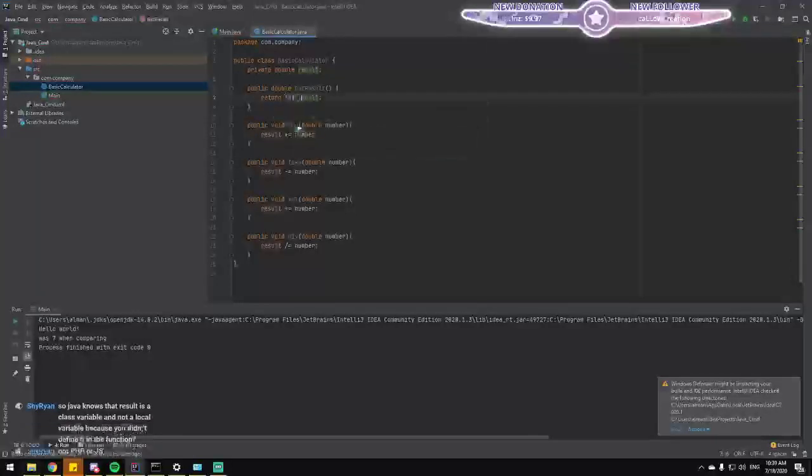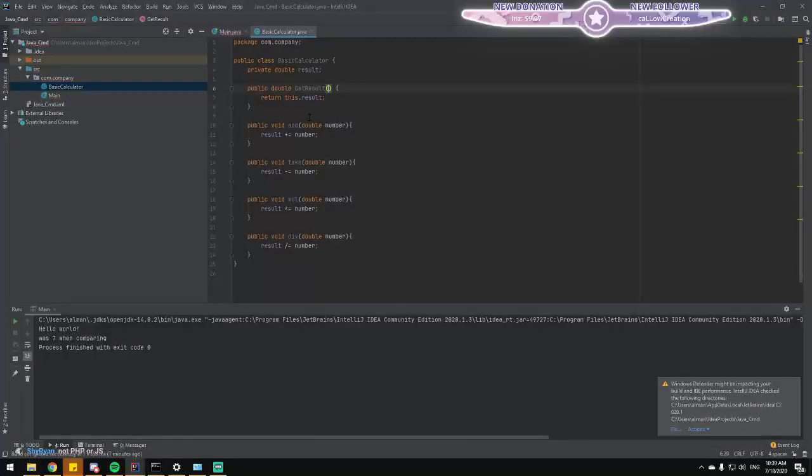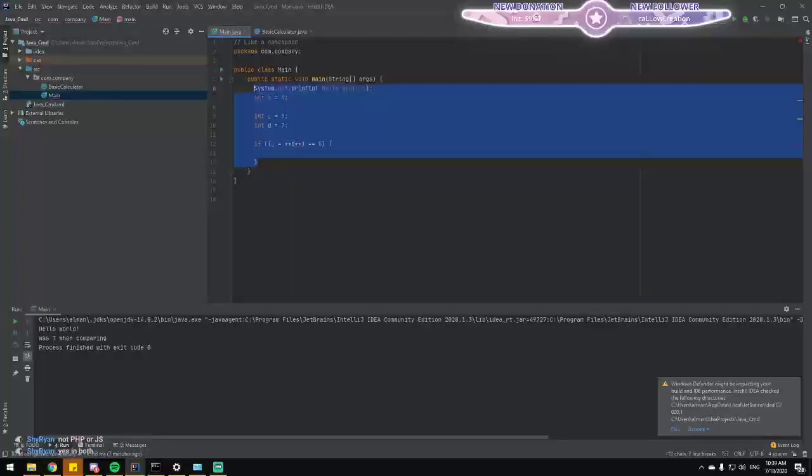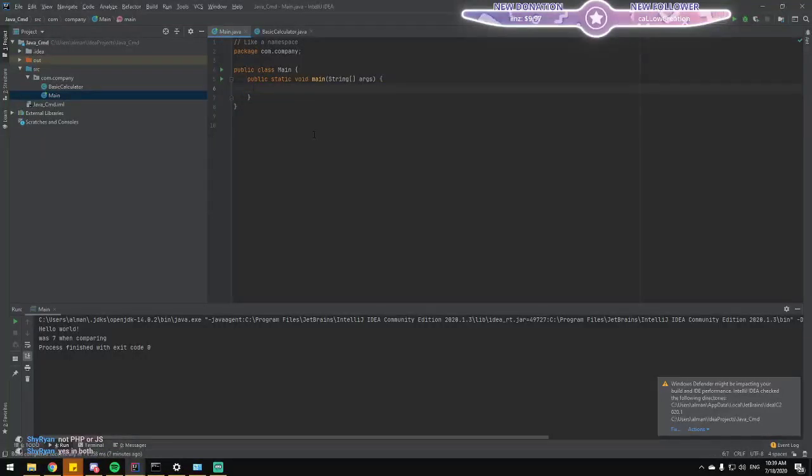Sometimes people write this for really specifying that it comes from the class and not local or variable. Okay. Do you need this in PHP or JS? Okay, let's test it.